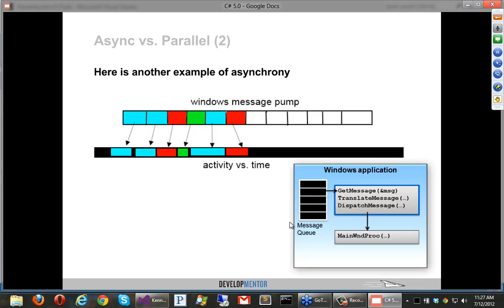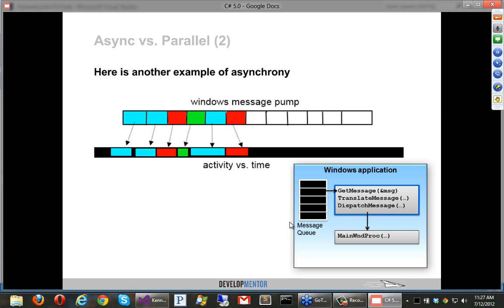But another example might be something like this. Imagine I have 3 large pieces of work. One of them is represented by blue, one is green, and one is red. If I could take these big pieces of work and break them into small little bits that could be done independently, and I would intersperse them on, say, the Windows message pump here, then the message pump would pull them all out and do a little bit of the blue work, a little bit of the green work, a little of the red work, and keep going. If those are small enough slices, it would feel like it's continuing to run just fine. Even though there's little blocks where it's kind of locked up, it would effectively be what we would consider asynchronous. All right?